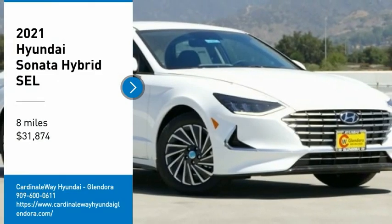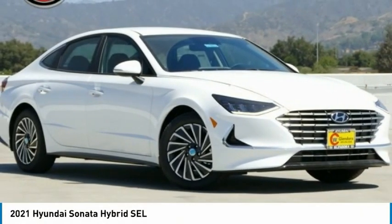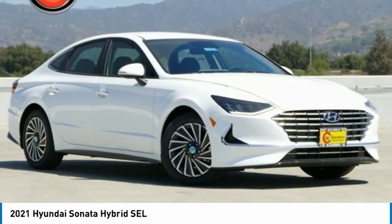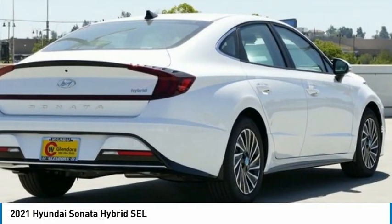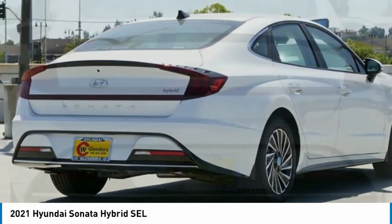Looking for the right vehicle? Check out the 2021 Sonata Hybrid. This all-new hybrid has all the style and premiums you expect in a Sonata, along with 37 city, 39 highway